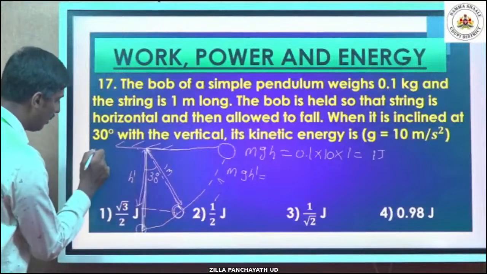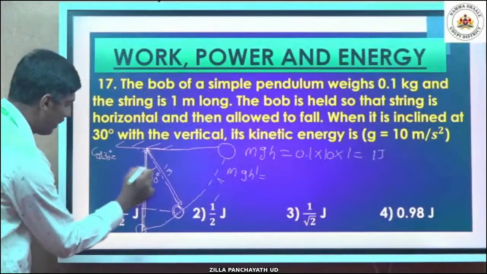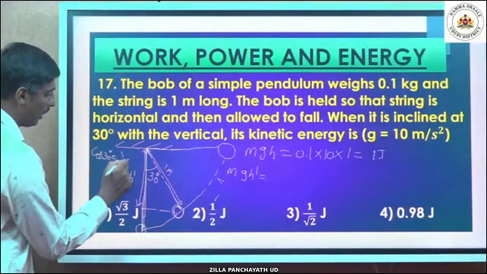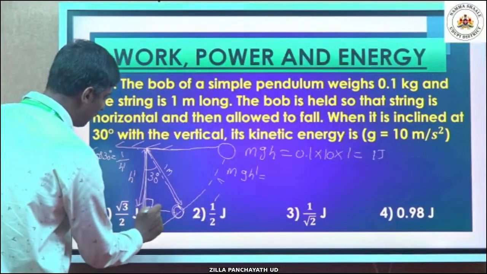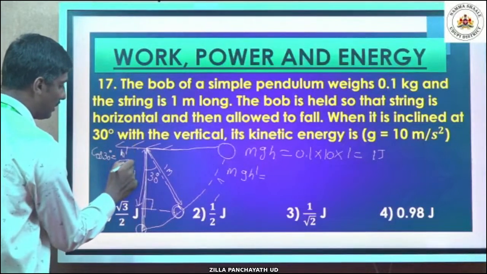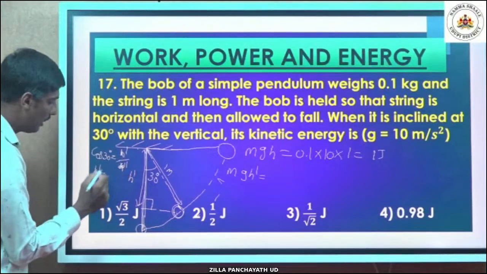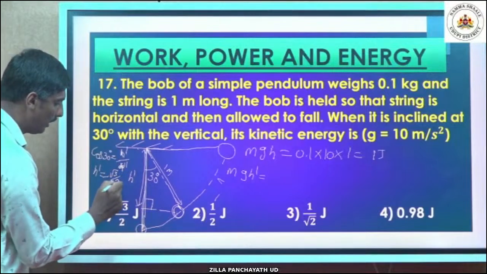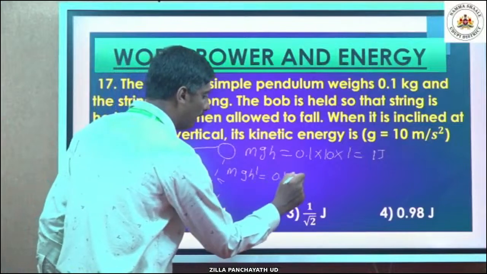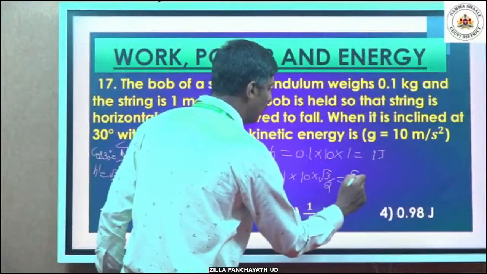So then h dash, from the cos theta, I mean cos 30 degrees, is adjacent by hypotenuse, right? So adjacent is 1, hypotenuse is h dash, right? Sorry, this is 1 meter, this is h dash and this is 1. Clear? So this is adjacent. So h dash is equal to h dash by 1. Clear? So cos 30 is nothing but root 3 divided by 2, right? So this is equal to 0.1 into g is 10 into root 3 by 2. This is nothing but root 3 by 2 joules